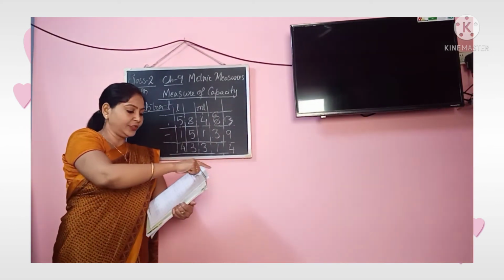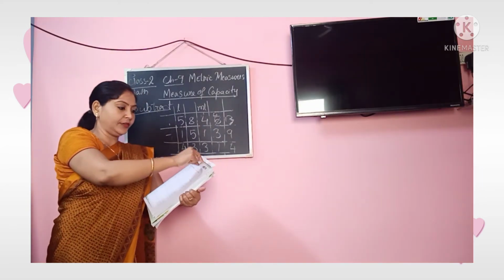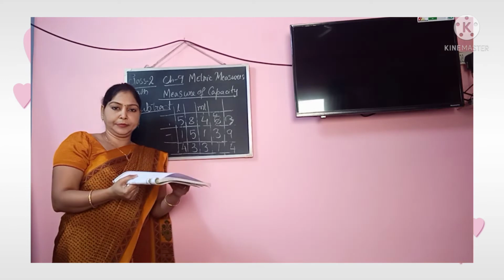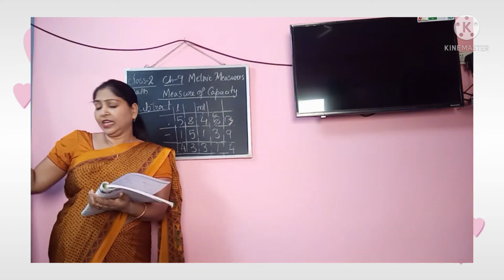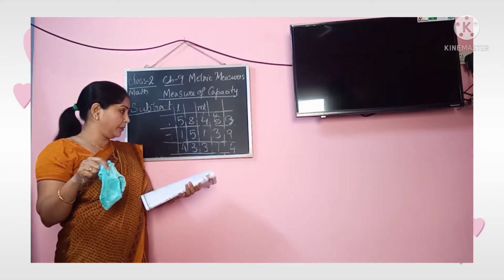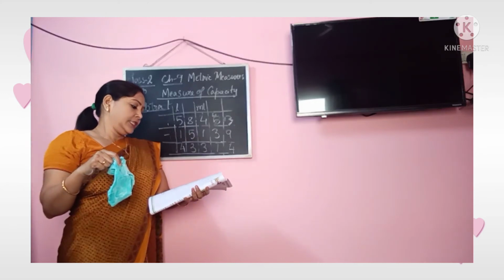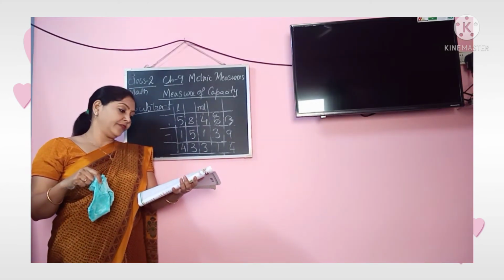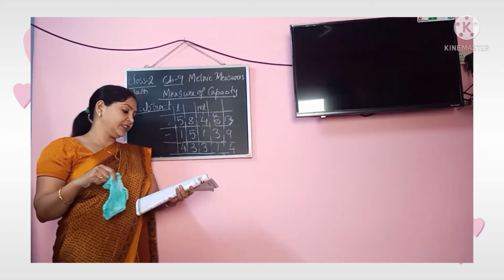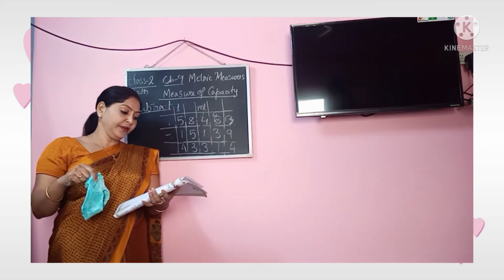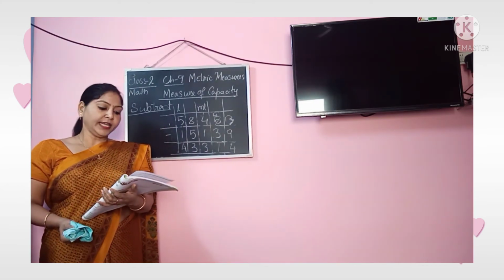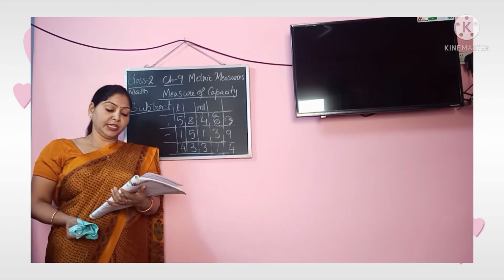Now, turn the page number 126. It's all word problems. Okay, let us do a few word problems. I want you all to take out page number 126 and from there you can understand. The first question is already done. The second question is, a tank contained 49 liter 300 milliliter of water.